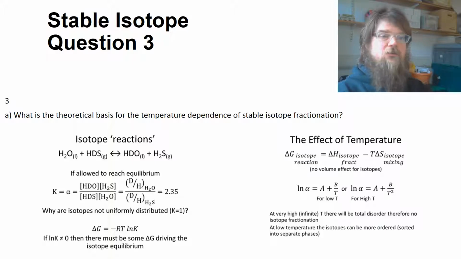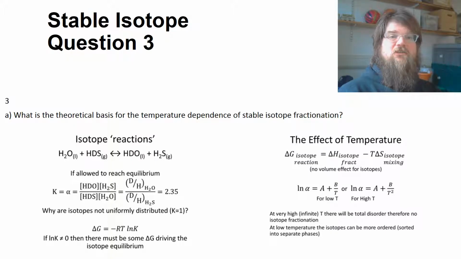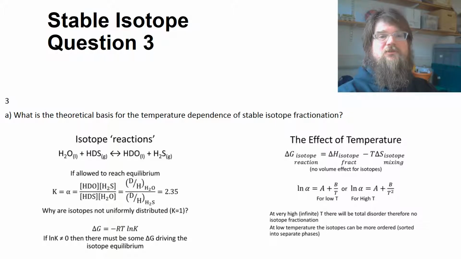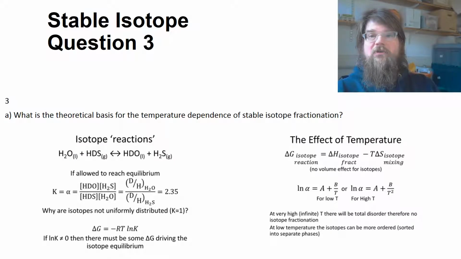calculations. So looking at the first part, the theoretical basis for the temperature dependence of stable isotope fractionation. Because the question is asking about the use of isotopes as temperature proxies, those are usually systems where we assume that the situation is in equilibrium in terms of the isotope exchange between the 2 phases. So I was expecting answers surrounding what are the reasons we get equilibrium isotope fractionation, and then why